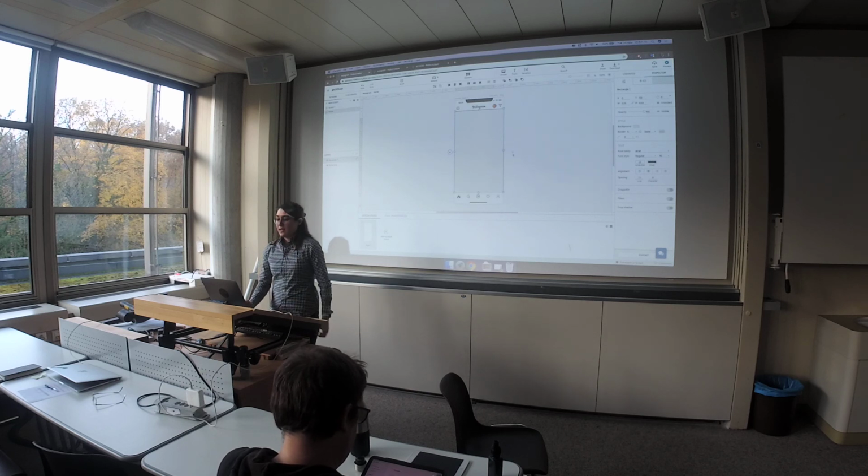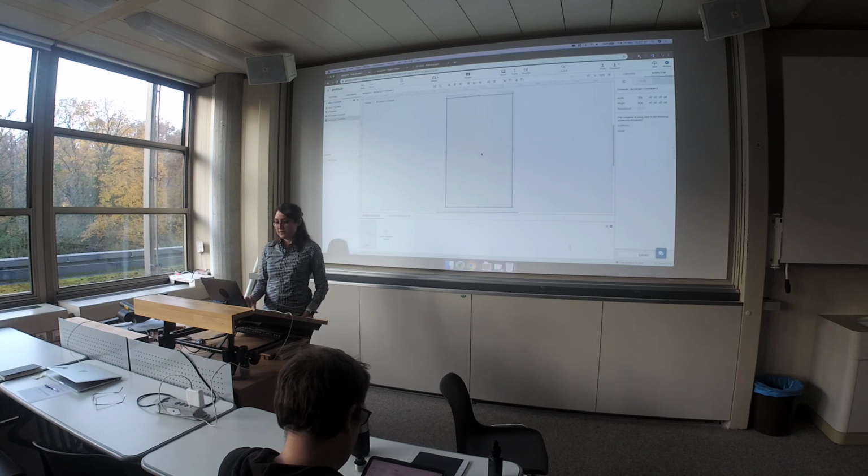Okay. But one thing, I said a container, but this is not a container, this is a shape. So I put a shape and I want to convert it to a container. I right click on it and you convert it to a container and then you get inside, double clicking, and then you're here. So this is the space where we're going to